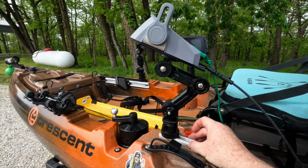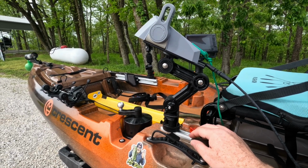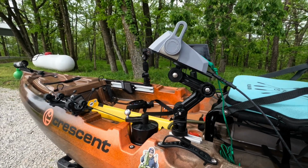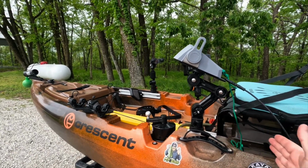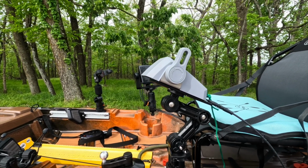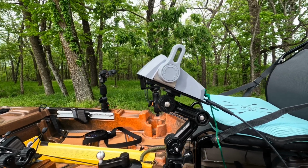All right, this little piece of track is also by Yak Attack, and I installed it using rivets. I do like rivets when I can use them. I think they're a little more waterproof because you can put your goop in there, your waterproof silicone, and it works great because my throttle, there's no place to put a throttle on this thing. And this is something to keep in mind with the Smallie. Just for throw and go paddling, no big deal. But if you want to have motors and you want to have access to fish finders and things like this,